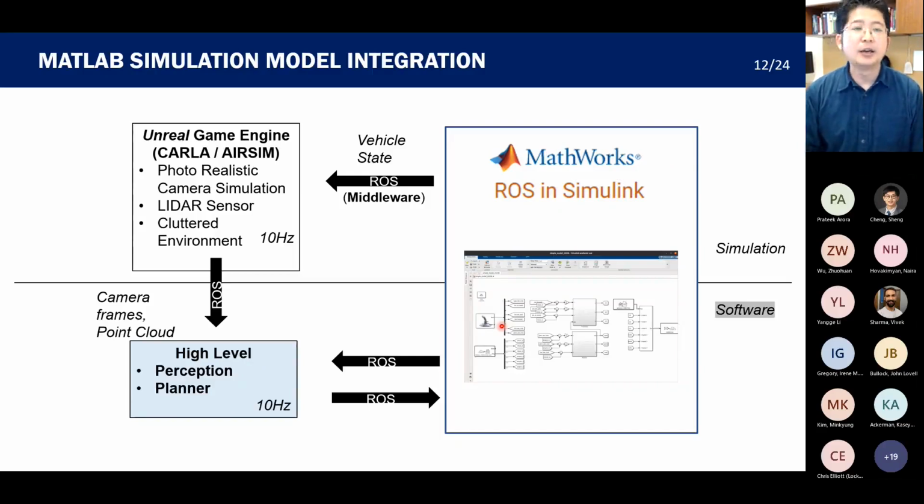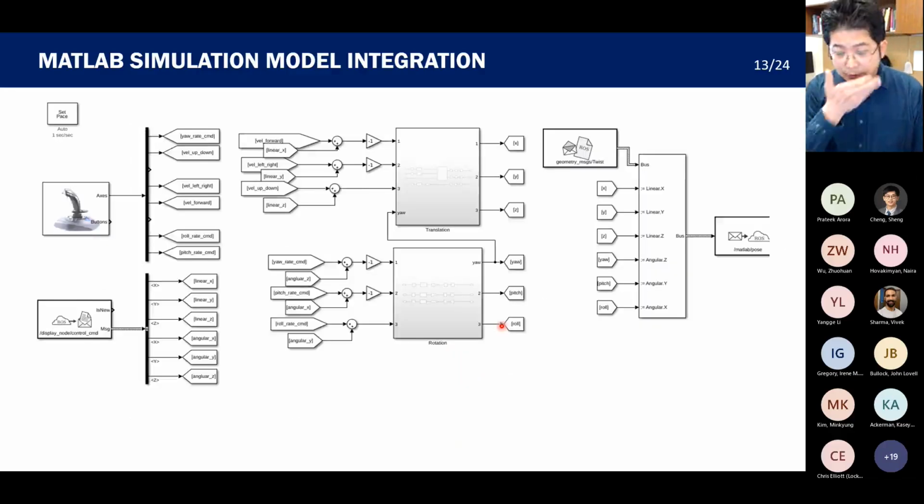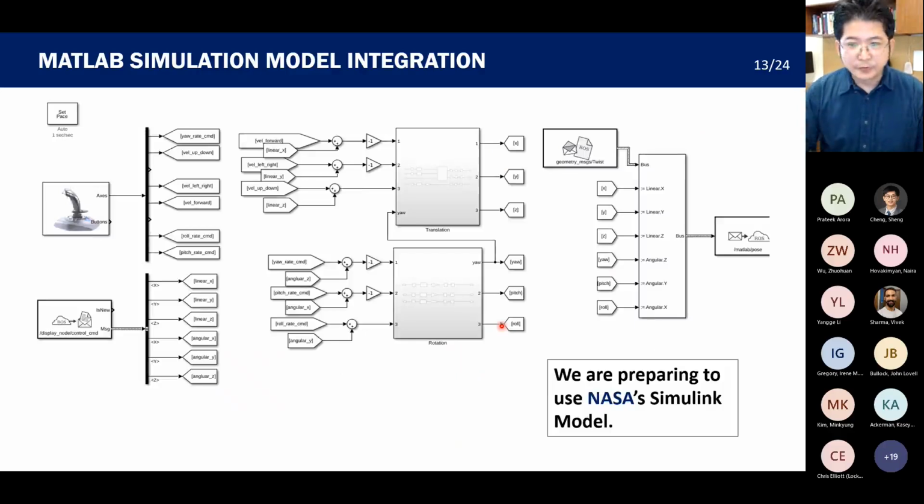I remember that they are developing this vehicle dynamic model using MATLAB Simulink. And this is the one, and then we are looking forward to getting the NASA Simulink model or other MATLAB model. And one minor technical difficulty that I expect is that if you want to run a Simulink model in real time,